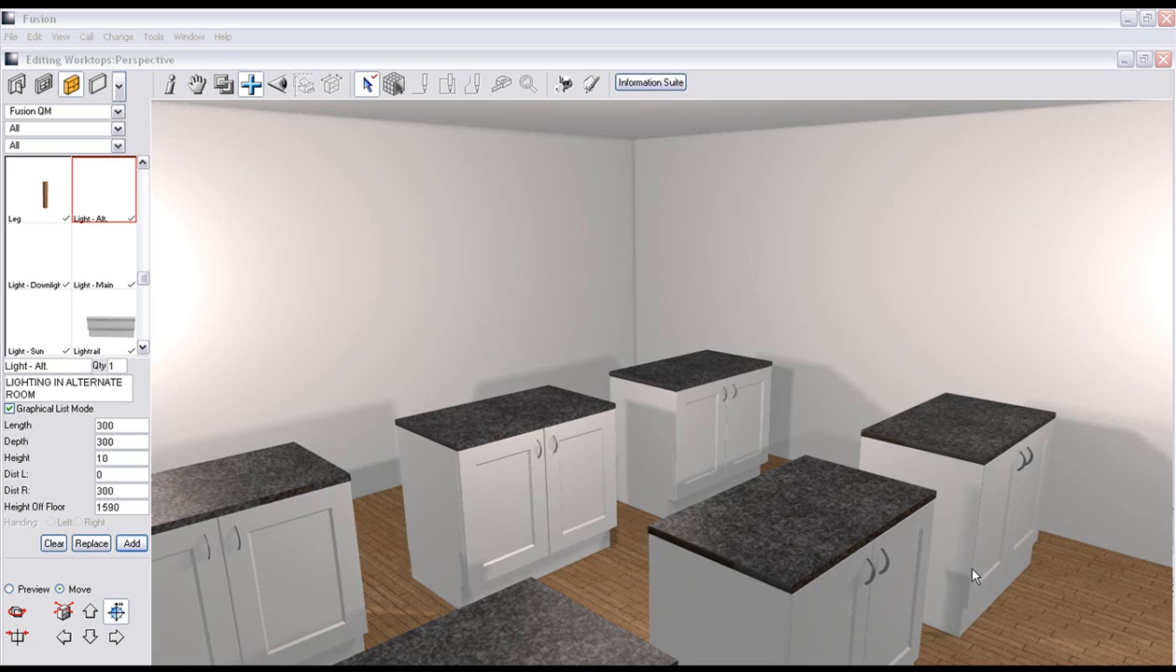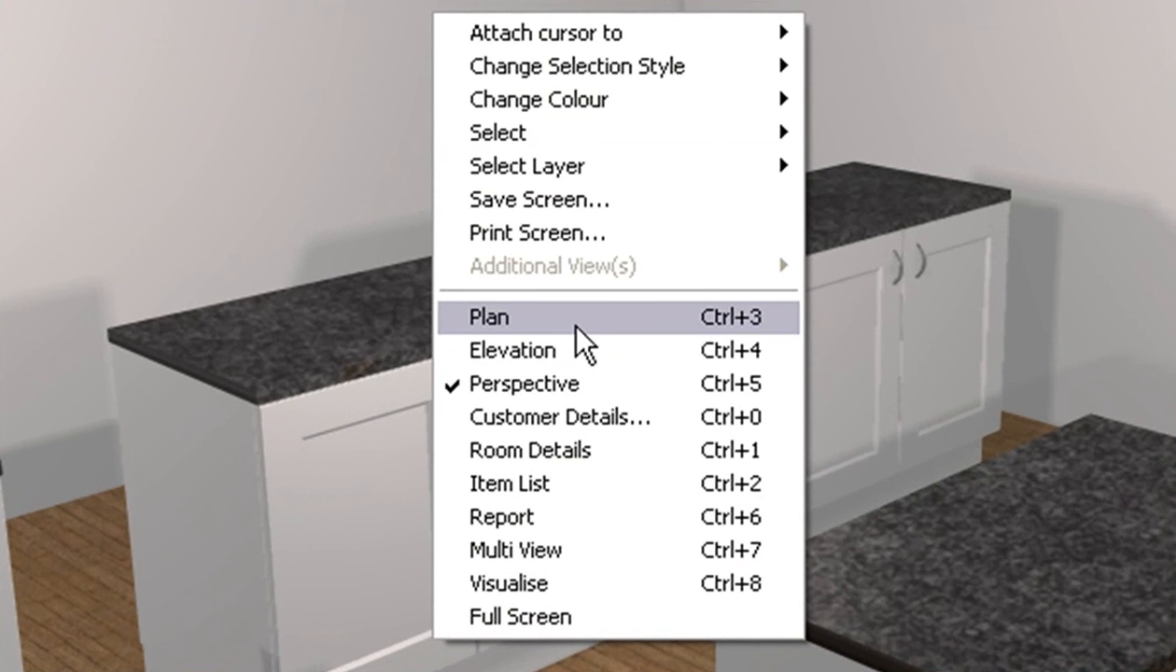In this video we're going to be showing you how to use the different edit worktop tools. We're going to be editing each of these worktops and just showing you the differences. The first thing we need to do is go to our plan view. You right click and you go to plan,